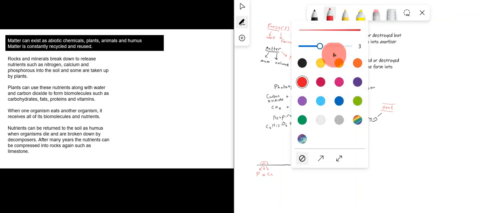And then if we have a plant that's here, imagine this is some kind of plant, and it has a root system, and that root system will take up these nutrients from the environment. What that plant will do is take that matter that was in the form of an abiotic, non-living thing, and take it up into its body, and those atoms become part of this plant. So the material is being recycled into the plant.